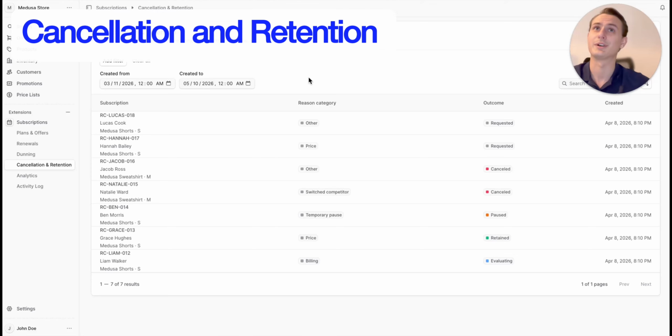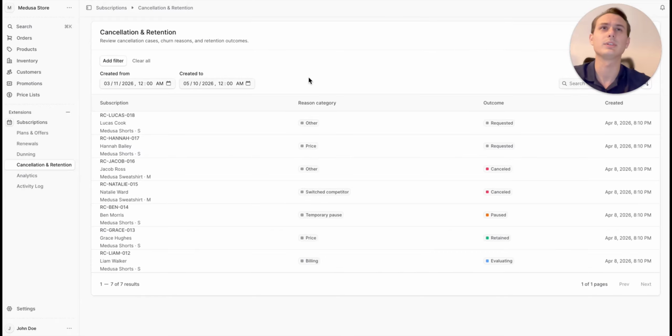So now let's move into cancellation and retention. Most merchants do not want cancellation to be a dead end. They want a structured workflow, one that helps the team understand why customers are leaving and which safe paths are actually working. So for developers, this area is interesting because retention is treated as a first-class workflow and not an afterthought. So if we take a look at Grace,